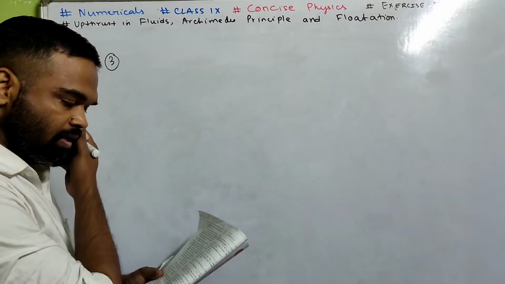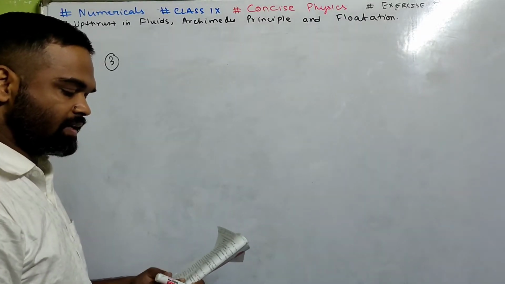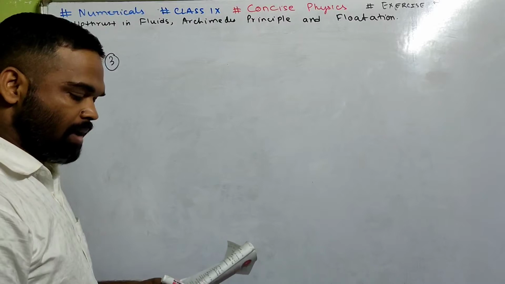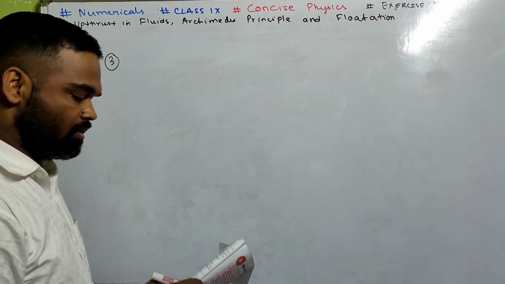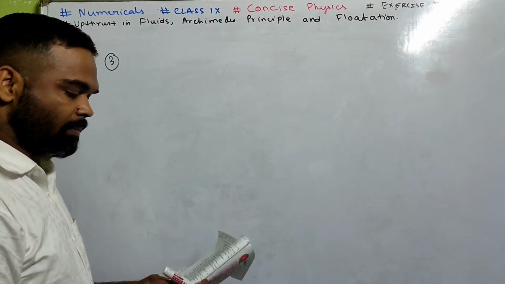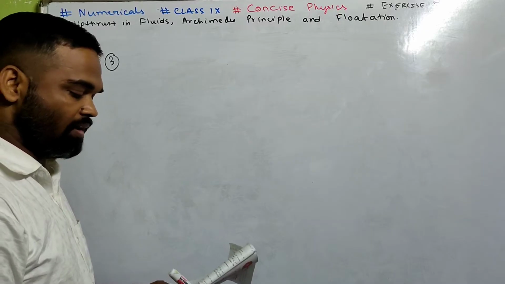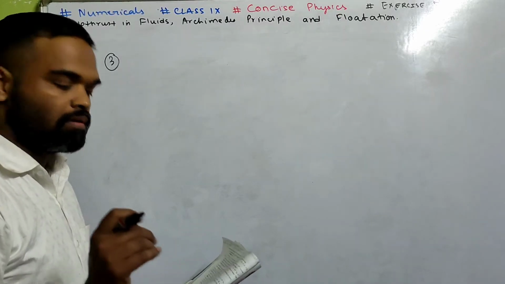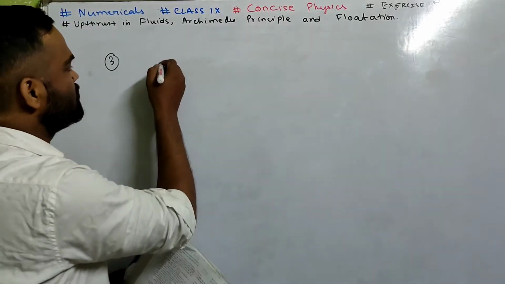Now look at number 3. A wooden cube of side 10 centimeter has mass 700 gram. What part of it remains above the water surface while floating vertically on the water surface? Which means